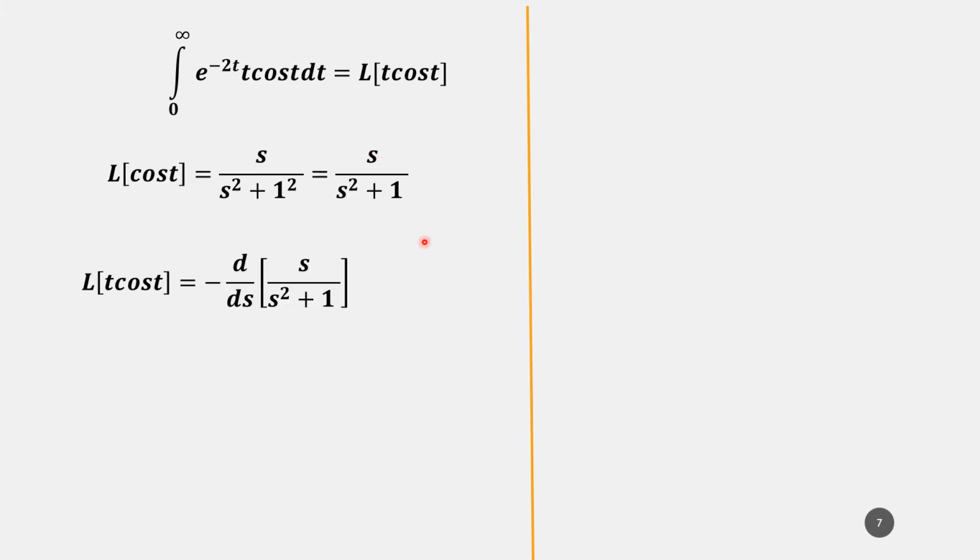So we can write L of t cos t is equal to minus 1 raised to n outside. Here t raised to 1 we have, so minus 1 raised to 1, which is minus 1, d by ds of this answer. Differentiate it once and then put s equal to 2. Again using u by v, the minus sign is outside, v du minus u dv upon v square. Open the bracket. So s square plus 1 minus 2s square.